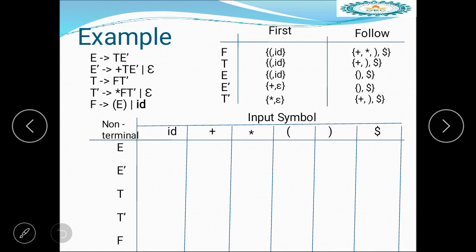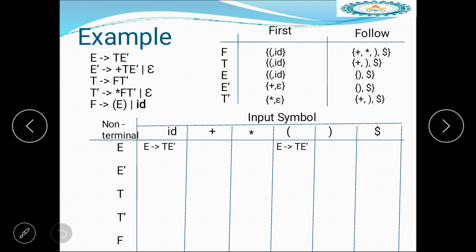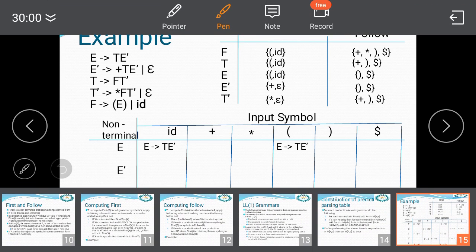Next, follow. Using the first and follow we can fill this table. For E tends to T E dash, the first of the production reaches open braces comma ID, so directly write the E production under open braces and ID.